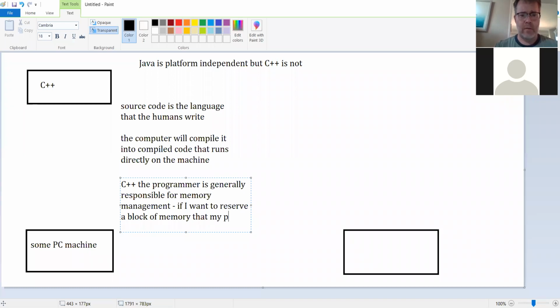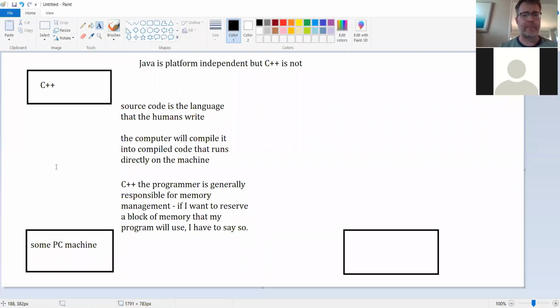that my program will use, I have to say so, right? I have to specifically say these variables are assigned to these particular memory addresses, right? I have to reserve that block of memory within my program itself. Okay, all that means,